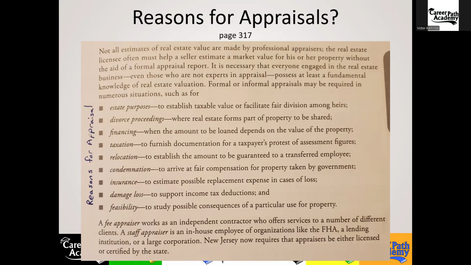Now, if an appraiser is doing an appraisal of a property where the buyer's purchasing using an FHA loan, they need to take a class and get FHA certified. It's like a designation that they'll put on their license that they could now do FHA loan appraisals, because they have to look out for certain things and make remarks of certain things in addition to what they normally put in an appraisal form.